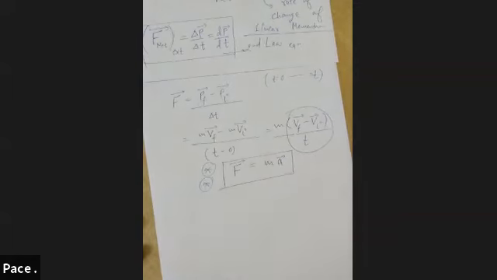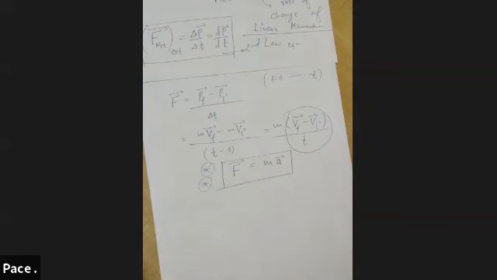So this one is the second law related to change in momentum. If there is some external force applied, then definitely there would be some change in velocity, and if velocity changes, it will change the linear momentum. The rate of change of linear momentum, delta P upon delta T, is equal to net external force acting on a body. Correct? This is Newton's second law.